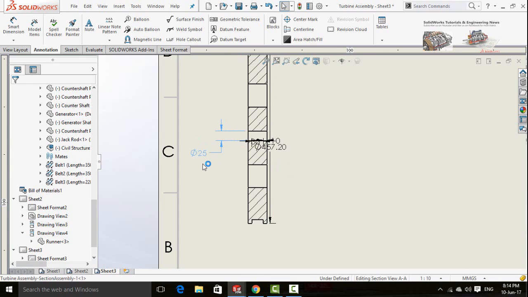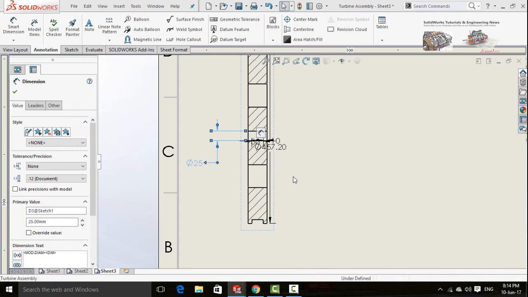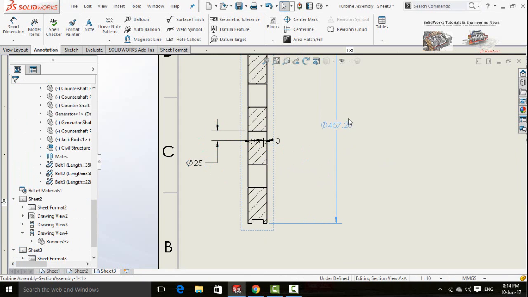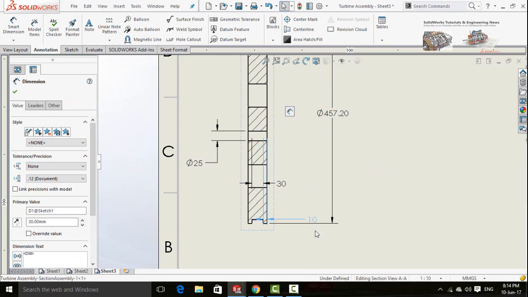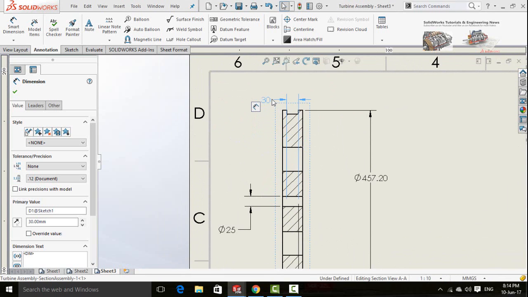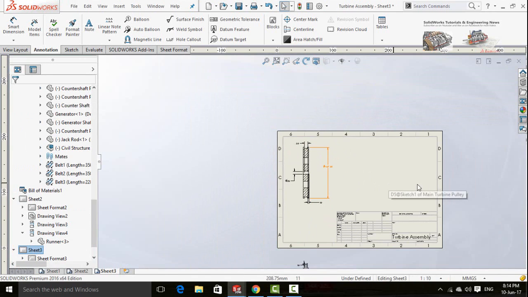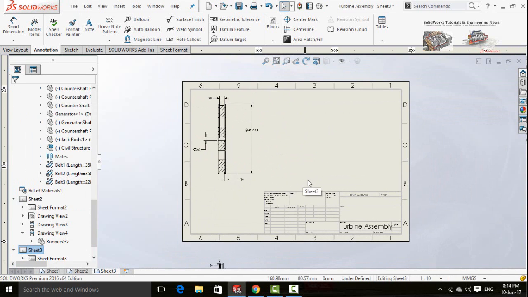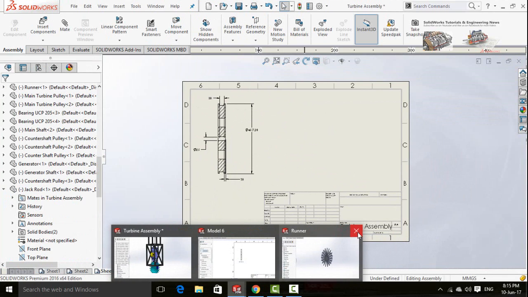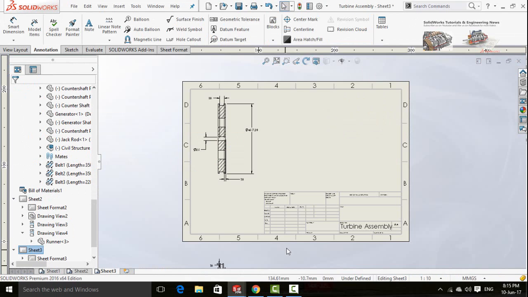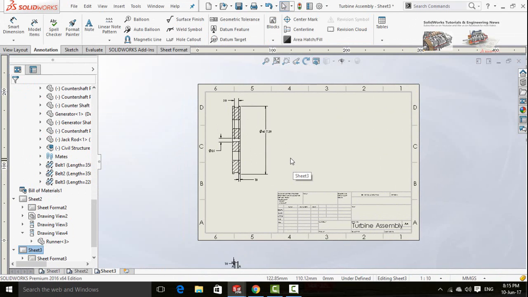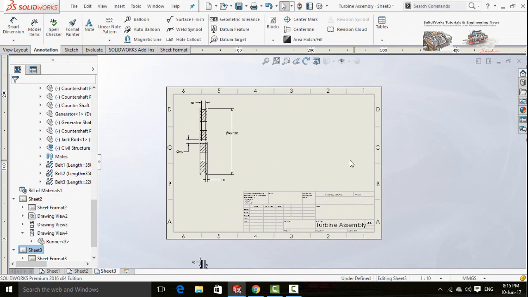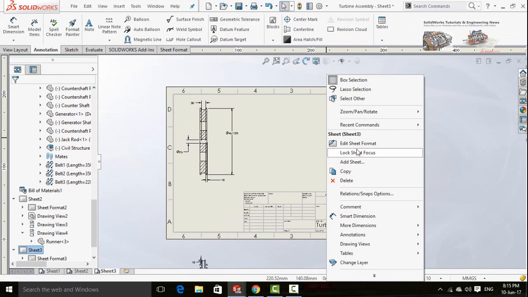Rearrange the dimensions. Now add a text for sheet format.